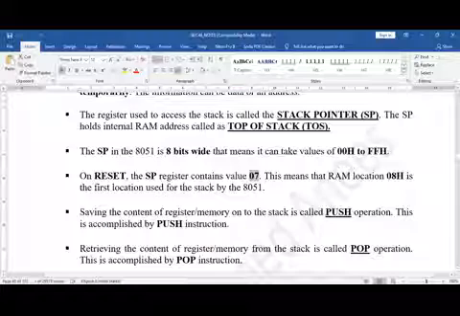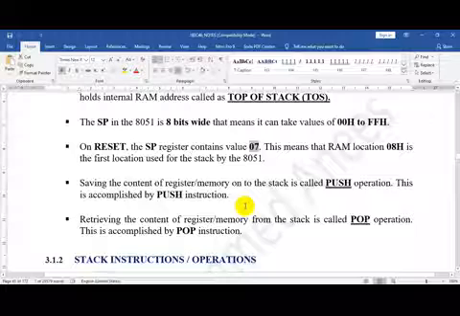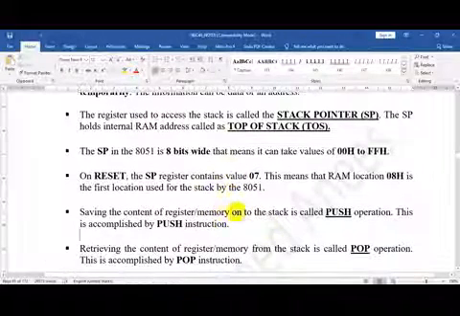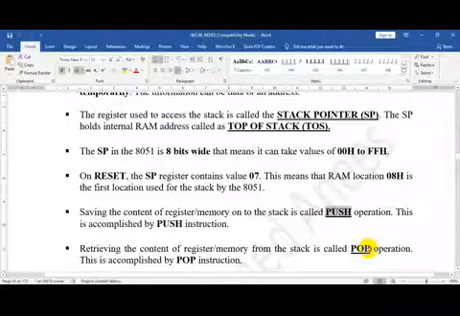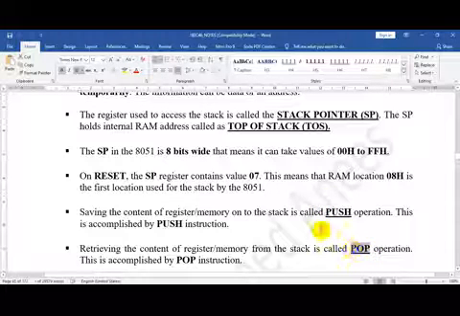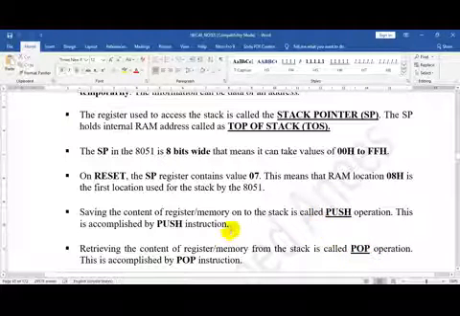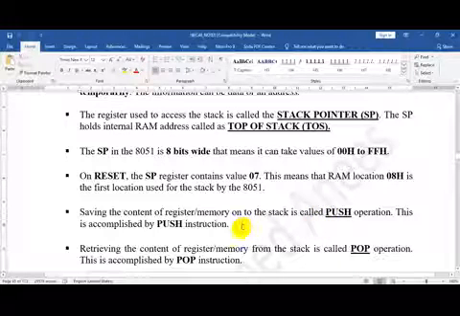Then there are two important operations related to the stack. One we call the push operation, the other we call the pop operation. Push is nothing but saving the contents onto the stack memory.